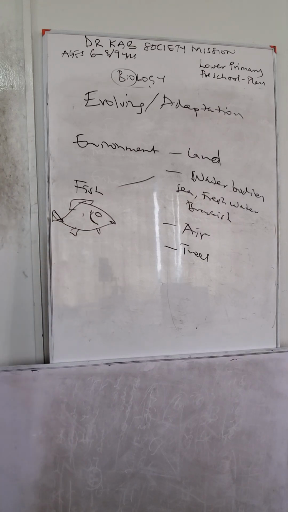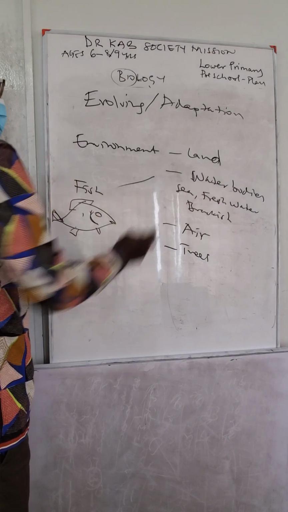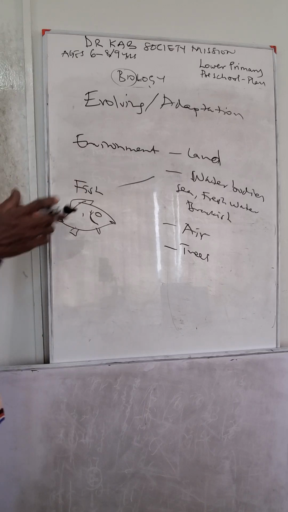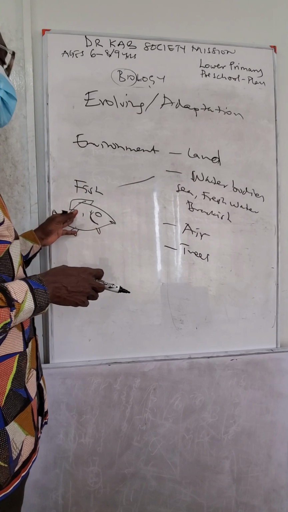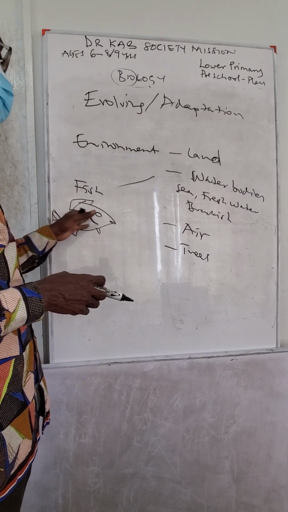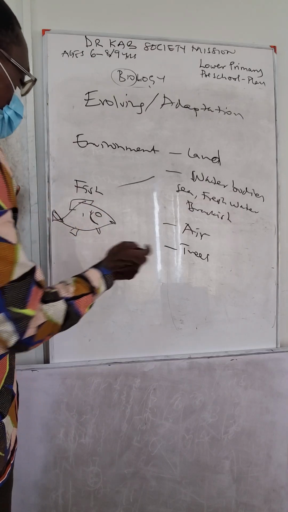Okay? So you can let them look at things and say, wow, the fish swim, how is it able to swim? Why won't human beings be able to live in water? But the fish is able to live. Let them mention some of the things they have. So we can draw them, then label the cat, draw a lizard,